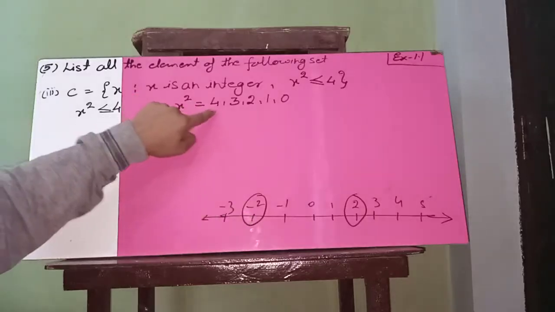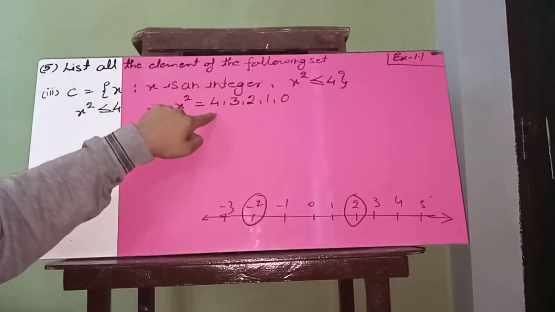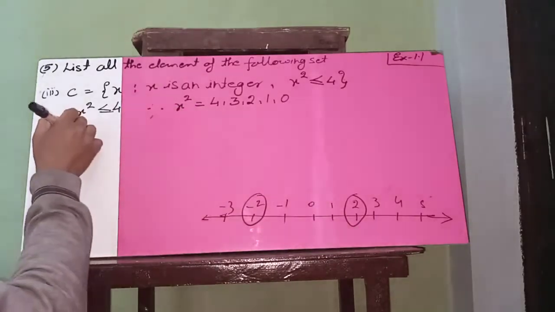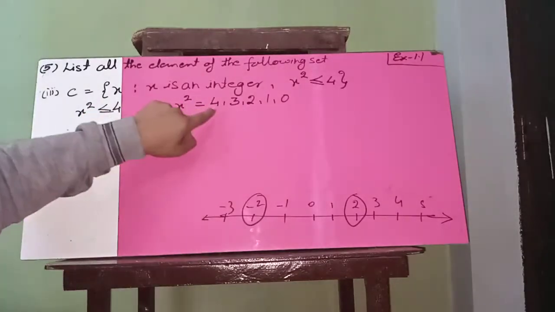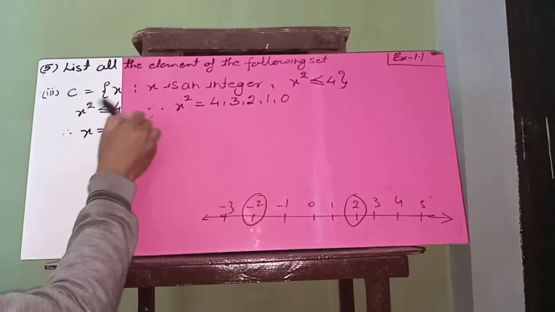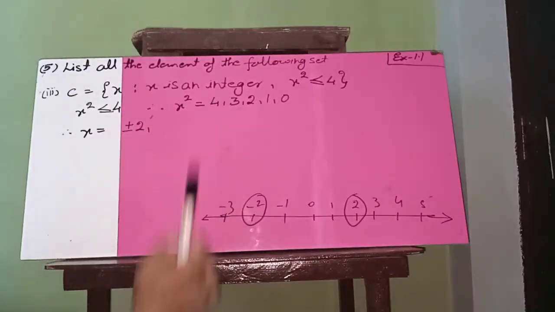-2 squared is also 4 and 2 squared is 4. Okay, so how will we take x? So x equals what? The square root of 4 is plus minus 2. After that is